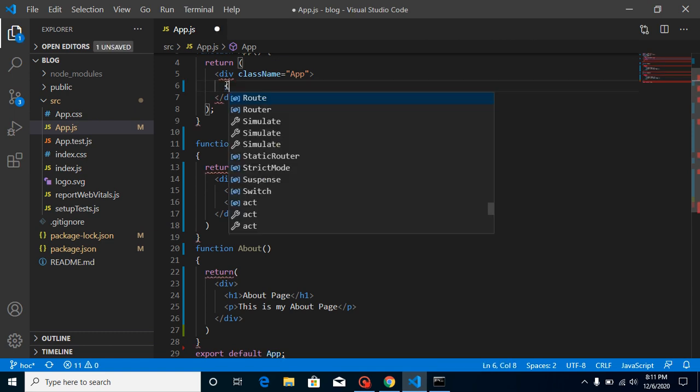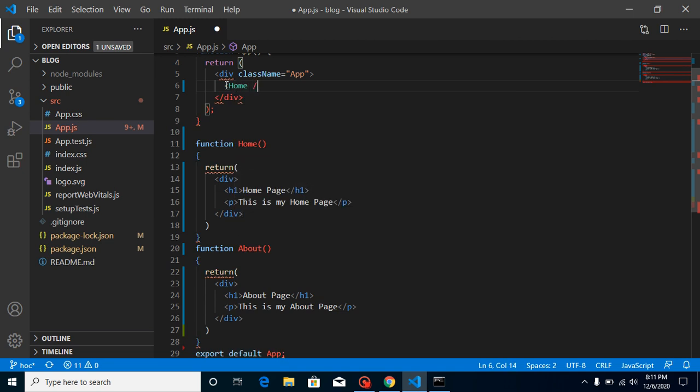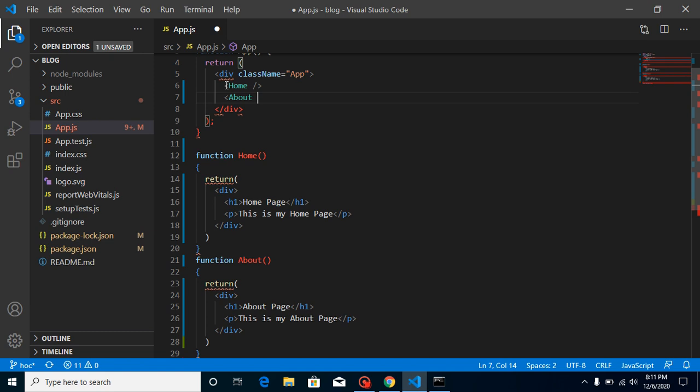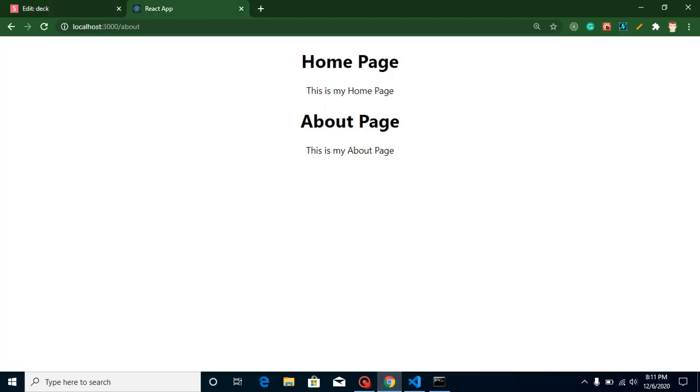We don't need it. Just write here Home, About, like this. And here you can see that we got both components, but they are on the same page. They are actually not different pages.